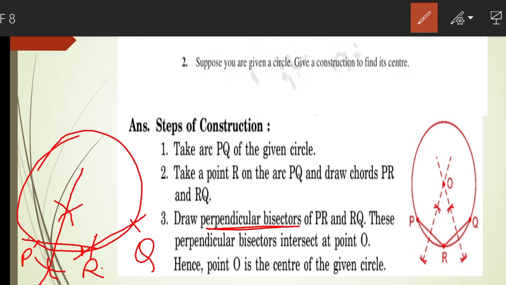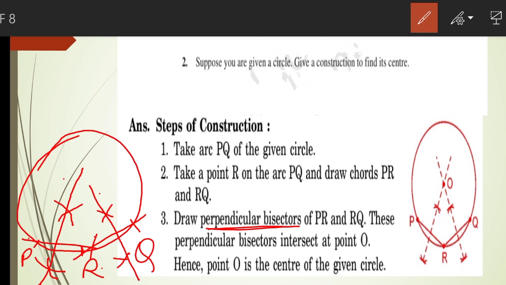We are going to do the same thing with RQ. That means we put the needle at R, and the pencil will be near Q but not at Q. So we take the given radius and draw a small arc above and a small arc below. With the same radius on the same line RQ, we shift the needle from R to Q, and again draw an arc above and an arc below. Then we again join the arcs with a line.